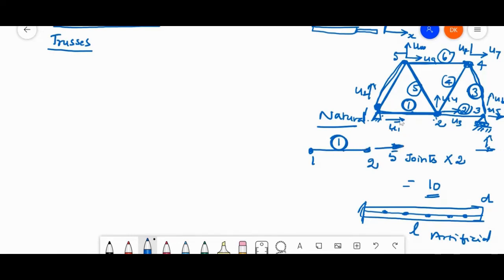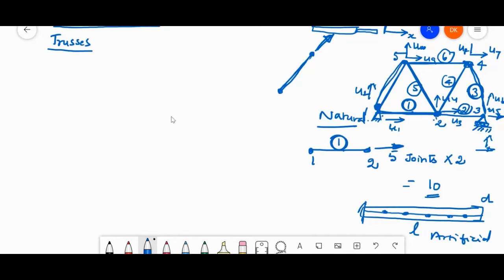So axial load, if it is in the horizontal direction, it will act like this. If this member is inclined like this, it will take the load in this direction, axial to the member. It will withstand the load in this direction. So this is the example for the one-dimensional problem. So the truss problem can be analyzed using one-dimensional analysis.